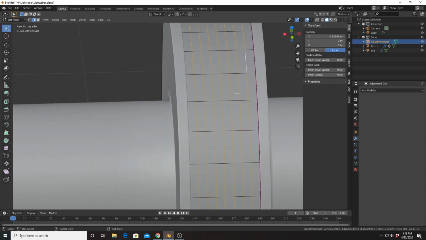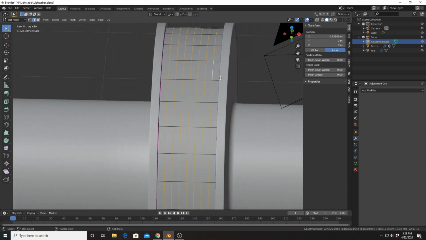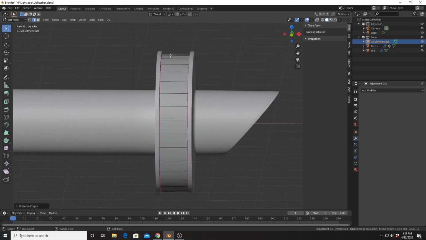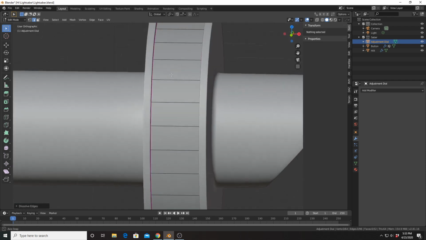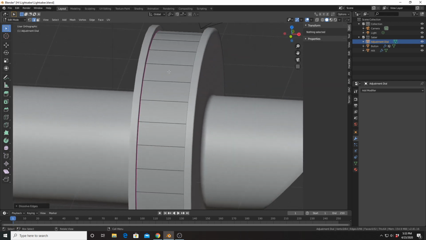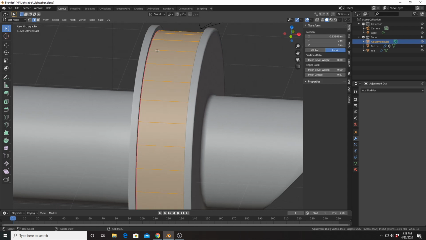All the inner edge loops that are vertical. Hit X and dissolve edges. Now we just have these blocks that make up the circle. Alright, with that being done, I'm going to hit A to select all of them, and then go to select,